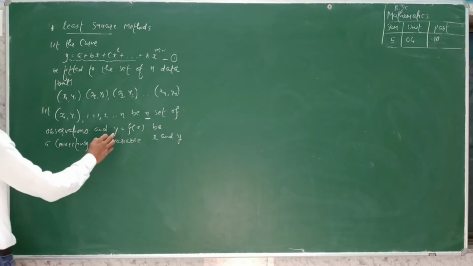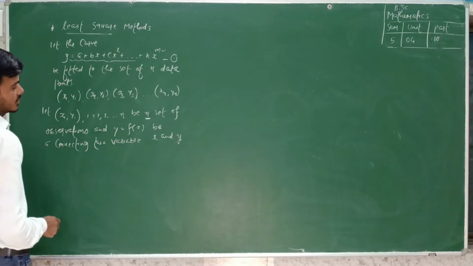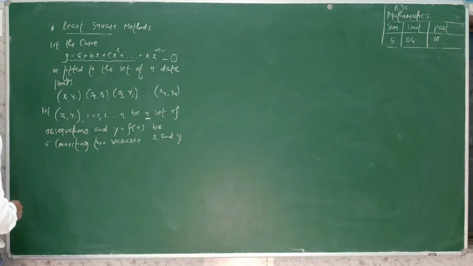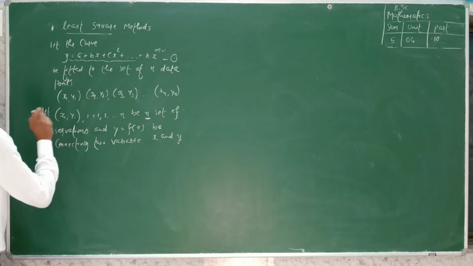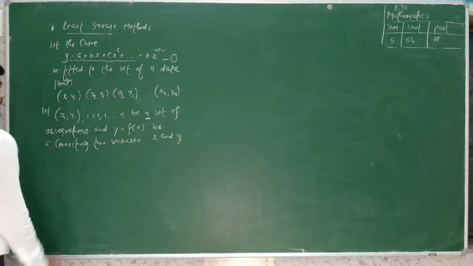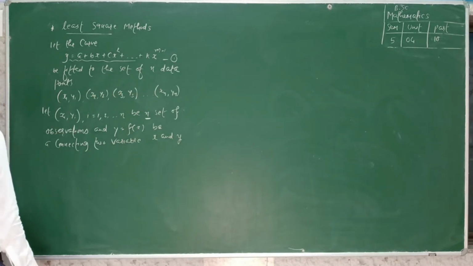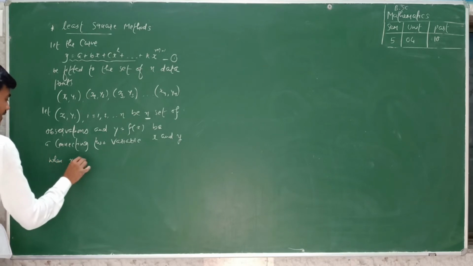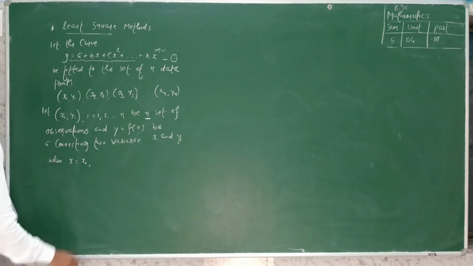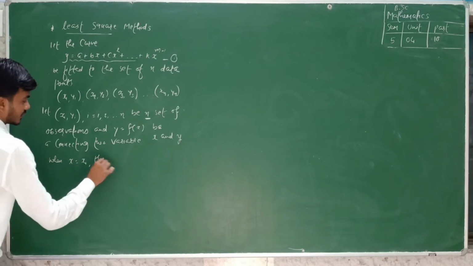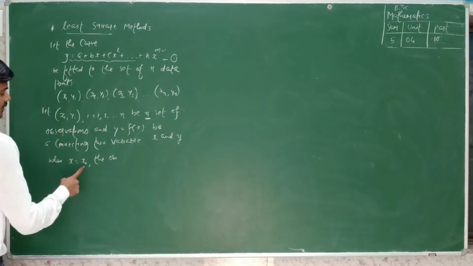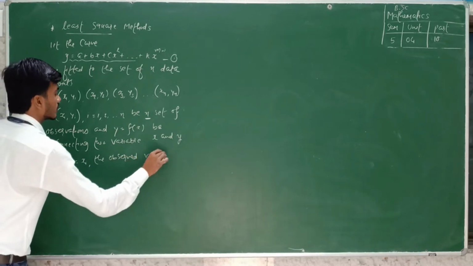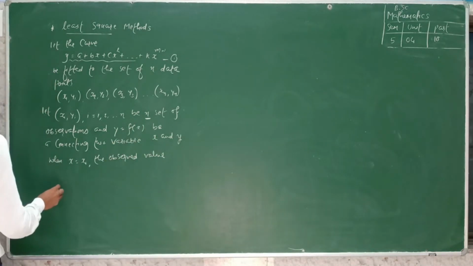So here we can have one curve y is equal to f of x and a set of observations x1, y1, x2, y2, x3, y3 up to xn, yn. Suppose when x is equal to xi, then the observed value yi is equal to